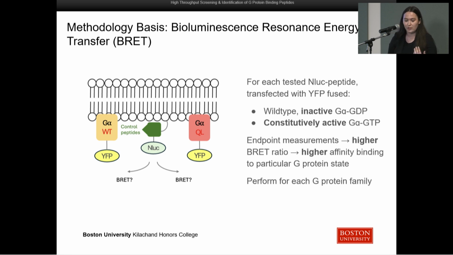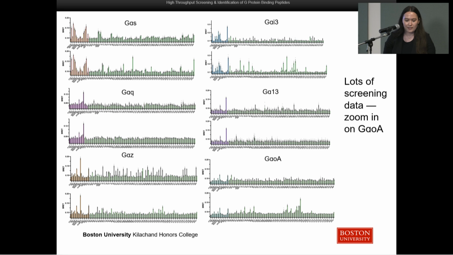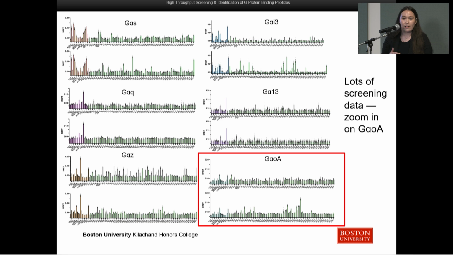We can then perform this for each G protein family. So we did this screen and we got a lot of data using a set of controls as well as each peptide we were testing. Today I'm just going to focus on one particular G protein, G-alpha OA, which is a member of the